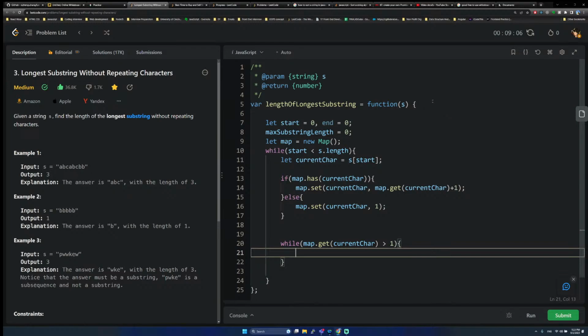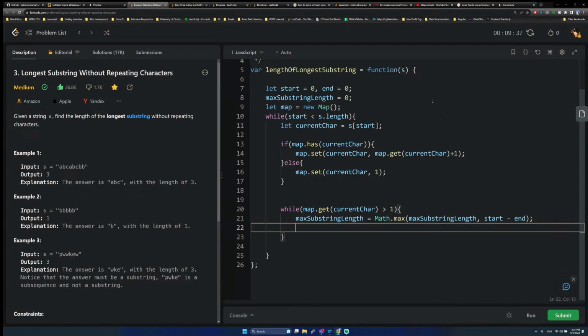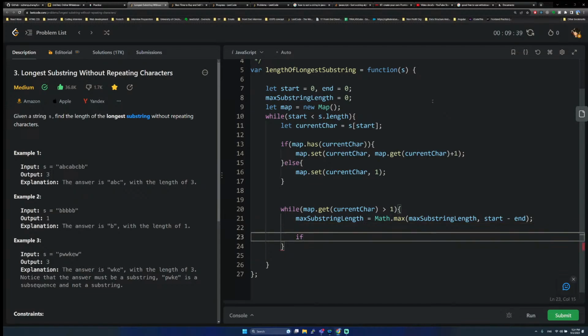Then we can update the max substring length is equal to max of max substring length and start minus end. Okay, and what we can do is